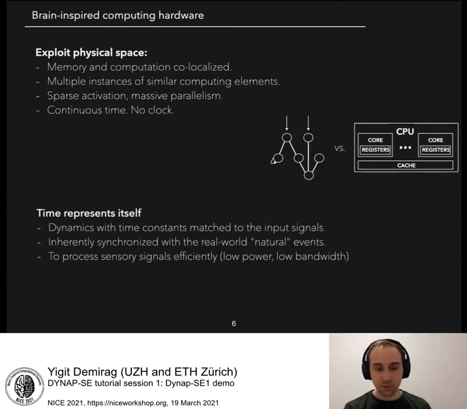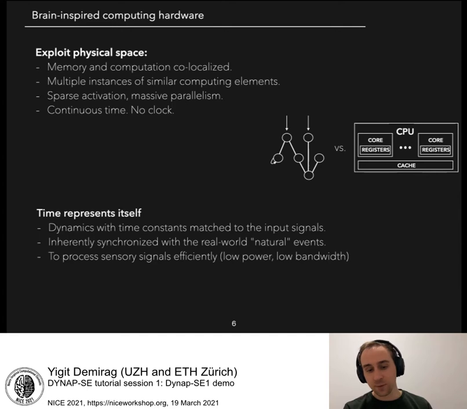And it's really important that, since there is no clock here, the dynamics of the system should match the time constants of the signal that you are feeding it. So if you want to recognize speech or recognize a gesture, we need to match time constants of the circuits to this external signal. To do that, we really slow down the silicon, with time constants between, I think, 10 and 100 milliseconds. In return, it will also give us high bandwidth and reduce power consumption.